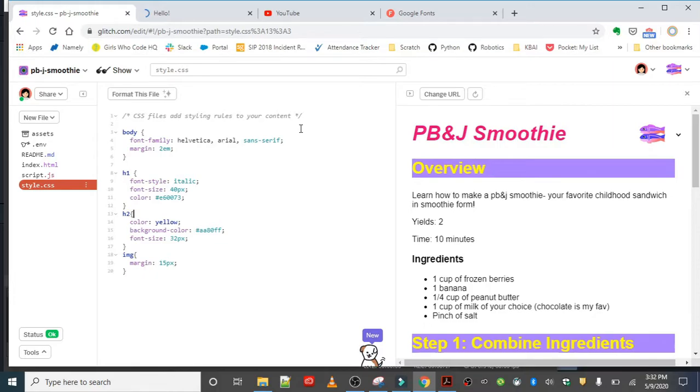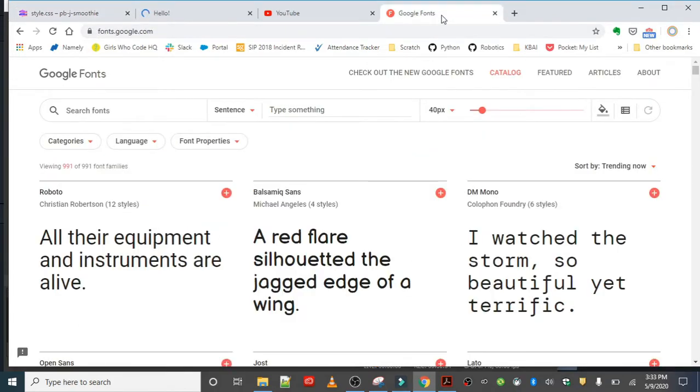I love it. It's a classic font and it looks great. But if you want to do something more interesting or just add additional options that are fonts outside of what you have installed on your computer or just the basic fonts, you can do so using Google Fonts. So over at fonts.google.com, you will find a very large free library of fonts that are available for you to